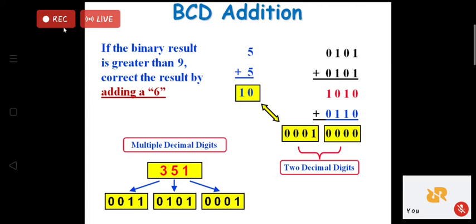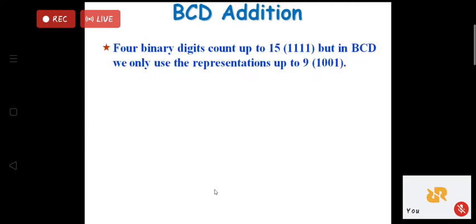So if I want to write 351 in case of BCD, again I am telling you, binary representation value is different and BCD representation is different. 351, if you convert it into binary, this will not be the value. This is the value which is written in case of binary coded decimal. Decimal has been coded in binary. I converted 3, 5 and 1, and then we have to do the addition further.